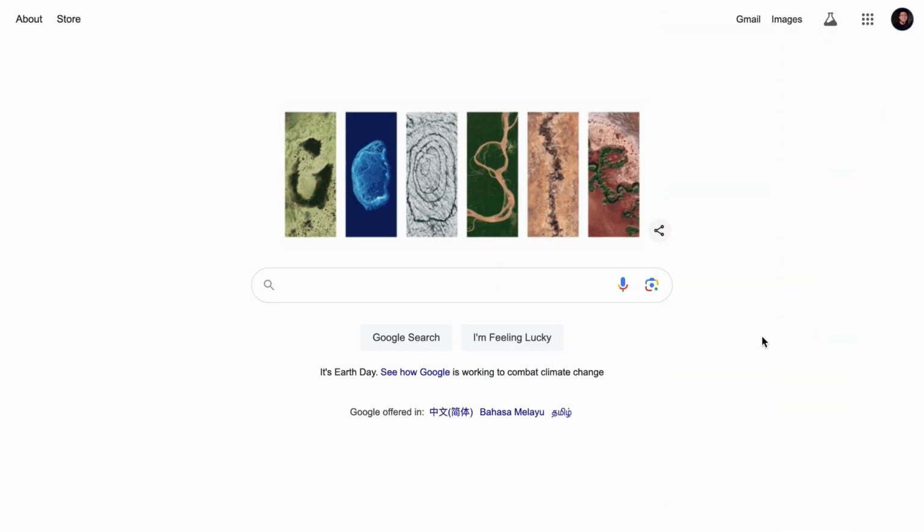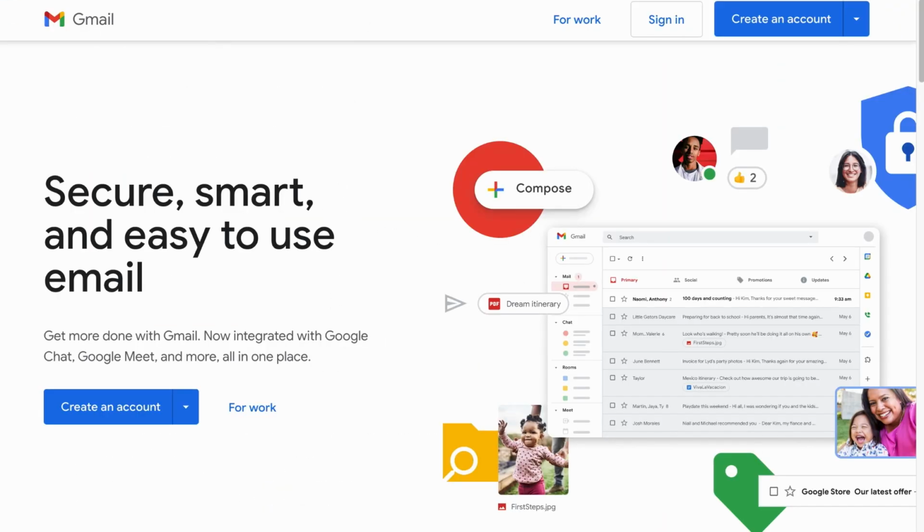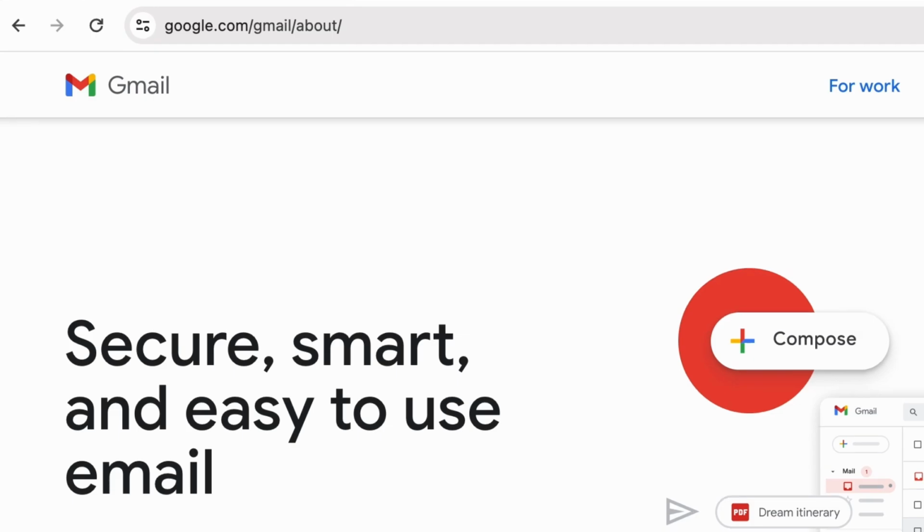Anyway, to start, you will need a Google account, and most often it will be in the form of Gmail. Most of us have personal Gmails, but if you run a business, I recommend that you use a separate Gmail to manage your business profile. If you want to create a new Gmail, just search for Gmail, click on this. If not, this is the link. The same link is in the description.